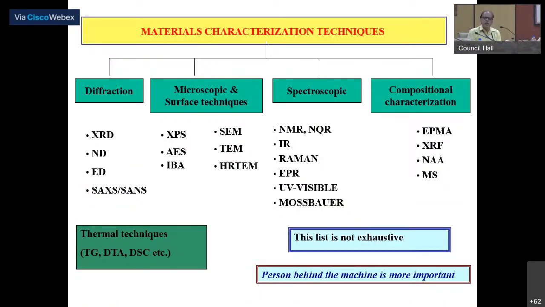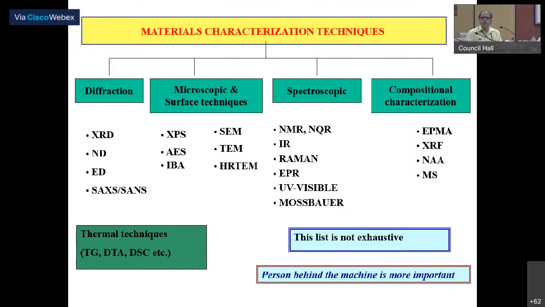Different techniques used for characterization of material can be classified into 4 or 5 wide categories. Diffraction, we have XRD, neutron diffraction, electron diffraction. You can also have one more category, microscopic. You will have SEM, TEM, HRTEM, SPS, IBA, AES, spectroscopy, like NMR, NQR, IR, Raman, EPR, UV visible, Mossbauer, and